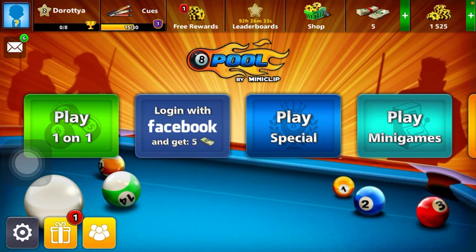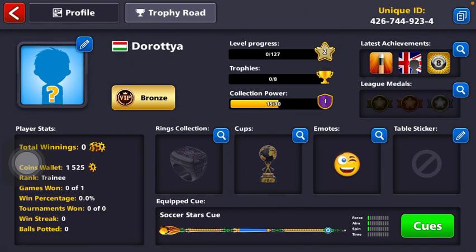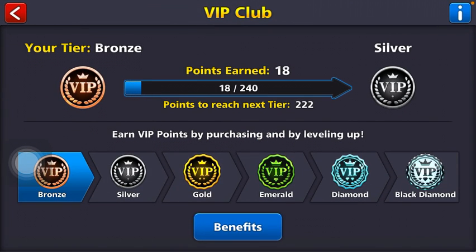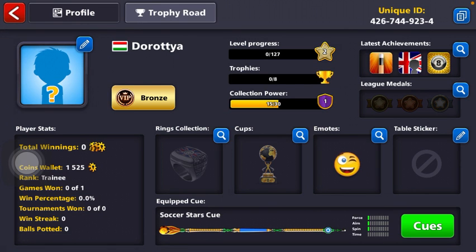First of all, open the application on your phone and then tap on this blue profile icon that you can find in the upper left corner of the screen. Here you can check out all of the information about your profile, such as your name and your player status. Here you can see your total winnings, coins, rank, the games that you have won, win percentage, tournaments won, win streak, and balls spotted. You can see that your tier is bronze here,